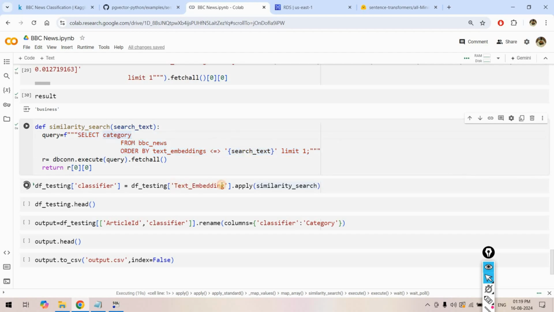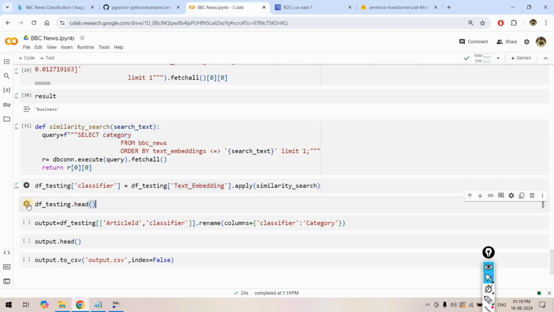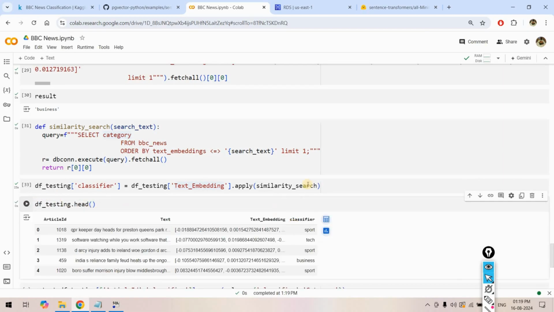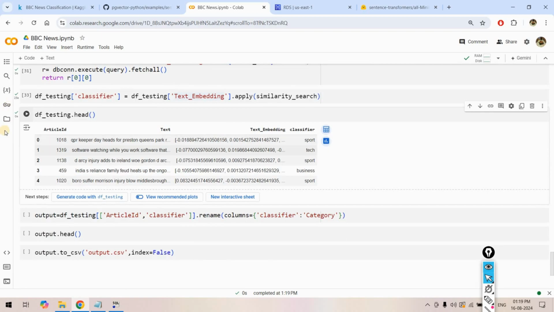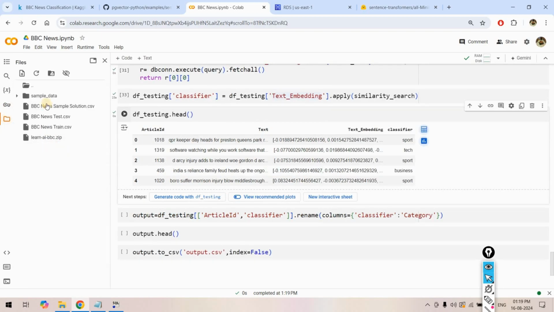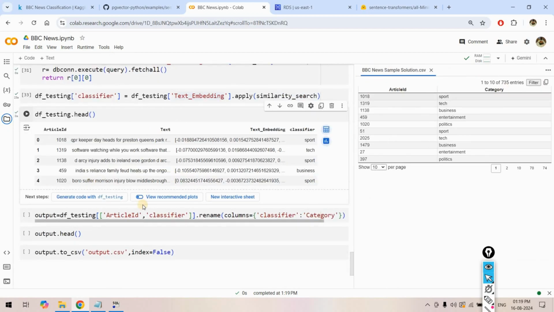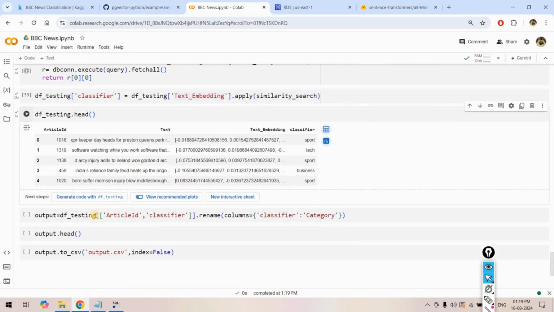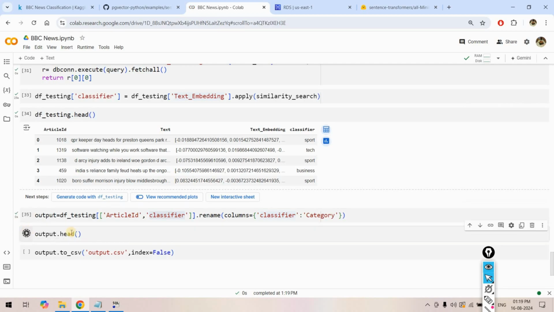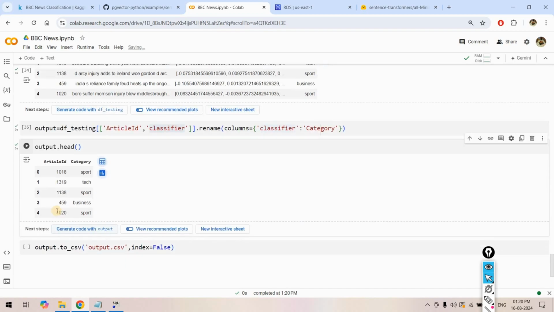Okay, and the vector what it will be taking from text embedding column, right? And once that is done, we will be executing dot head to check whether classifier column is created or not for our testing data set, and then it is created. And if you check our output format for our Kaggle submission, here it should have only article ID and category. So that's why here what I have done, I am taking the article ID and classifier column, and I am renaming classifier as category, because that is what our Kaggle is expecting. And here if I do output.head, here we are having this kind of data, article ID, category,